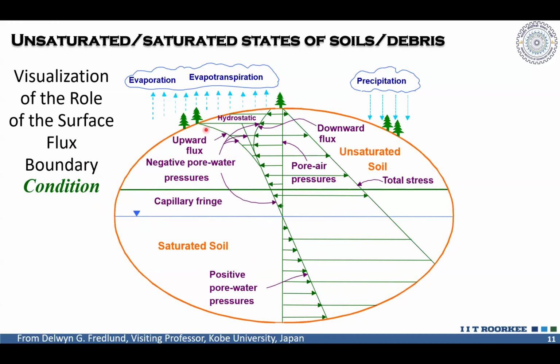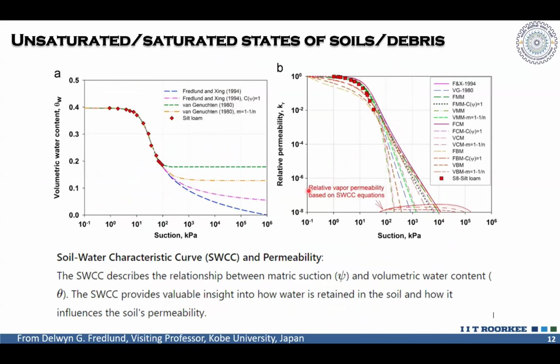And we know that during a rainfall, the pressure regime goes from unsaturated to saturated. So you will have positive pore water pressures above the groundwater level as well. We wanted to know whether such unsaturated soil mechanics principles are also applicable for the debris material which is present in the Himalayas. And this is a textbook-derived volumetric water content function.